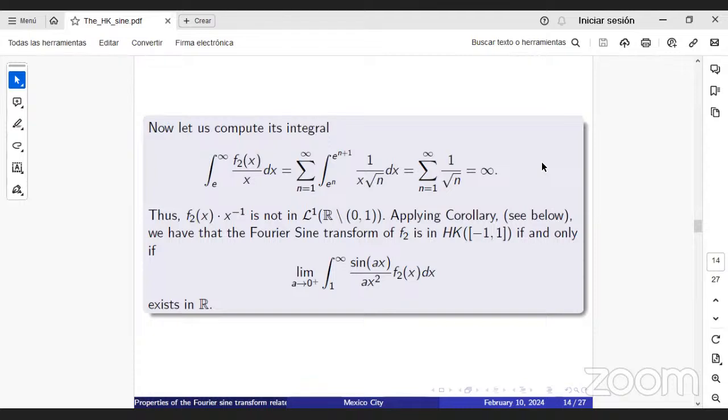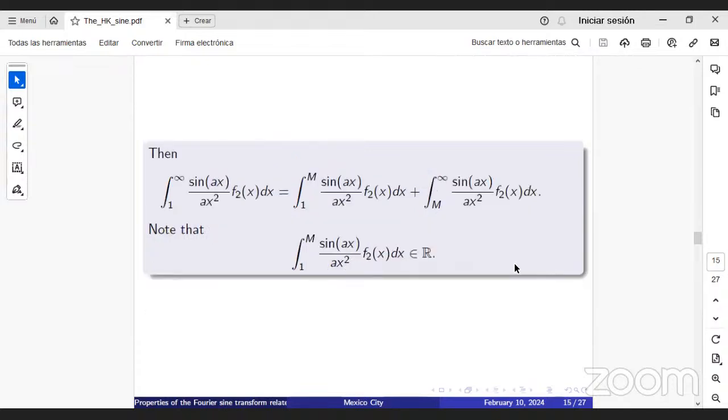Applying the corollary, see below, we have the Fourier sine transform of f2 is Henstock-Kurzweil integrable in this interval if and only if the limit exists. Then, by the theorem of the Henstock-Kurzweil integral,